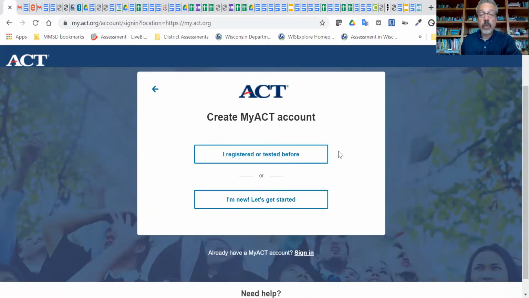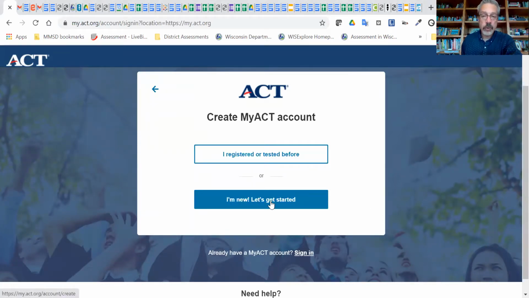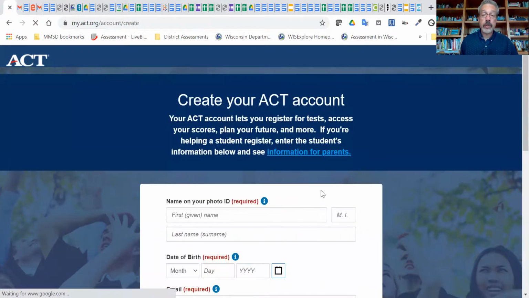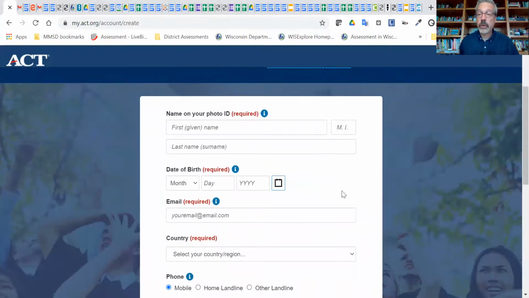I have registered or tested before. If you have, it will take you back to your account. Or if you are brand new to testing or have not taken an ACT yet, you would click on I'm new, let's get started. So let's do that. I am going to pause this recording while I fill this information out, but essentially what it is you need